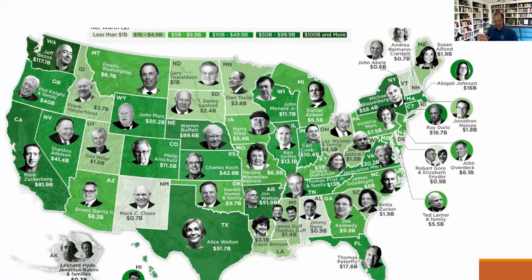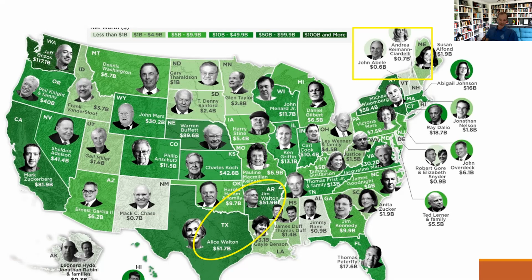Just real quick, I like things like this, I think they're fun to look at. This shows the wealthiest person in any particular state. We can look at Oklahoma, and it's Harold Hamm and family. The money's in oil. Look at Kansas, Charles Koch. I guess he's worth a little bit more than his brother, $42 billion. Some of these are kind of interesting. You look at these, there are billions and billions. Vermont, New Hampshire, these are poor people, right? They only have $1 billion. The billionaires look down their nose at these folks, like, yeah, you're not in the billionaire club.